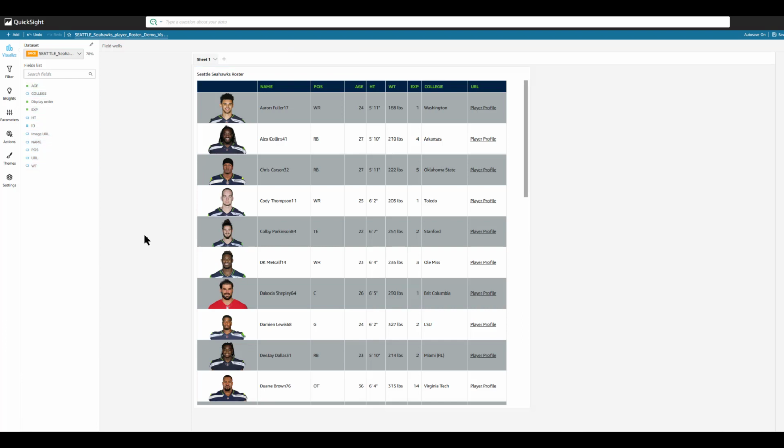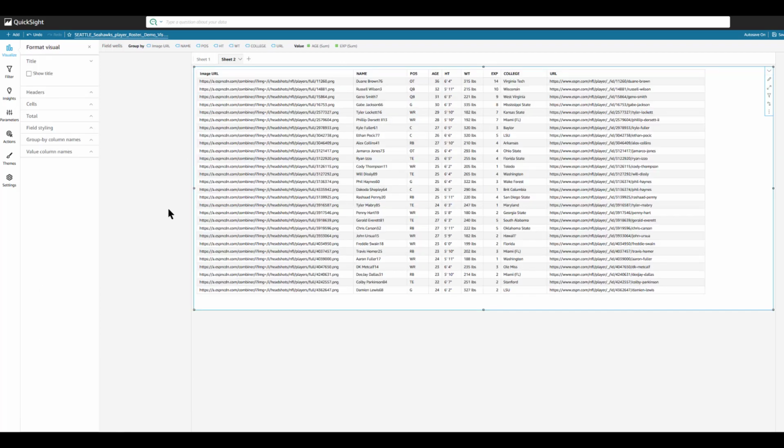For the demo today, we will see how to use each of these newly launched features. Let us start with building a table visual for a sports team. I'm using this data that was published on their website. And for this visual, it is important to follow the color palette of the team and show images of the players. Let us start from a basic visual.